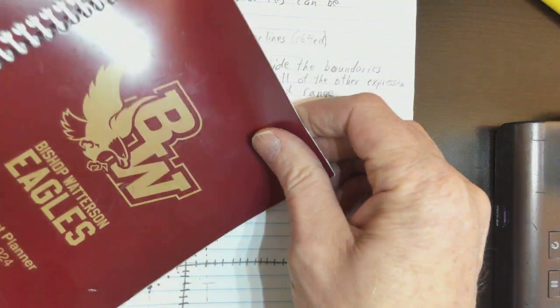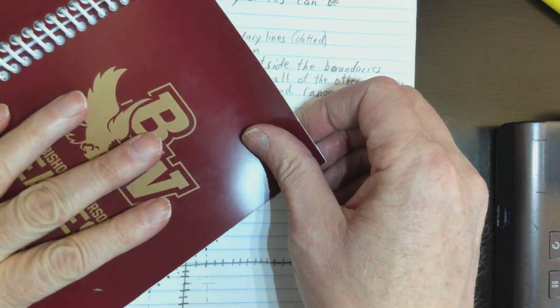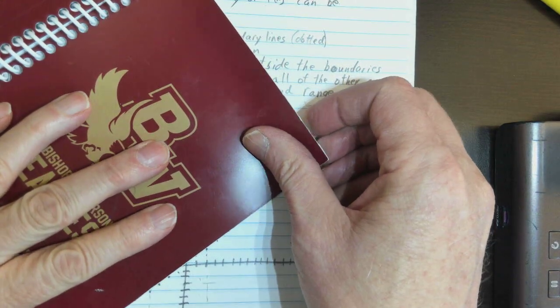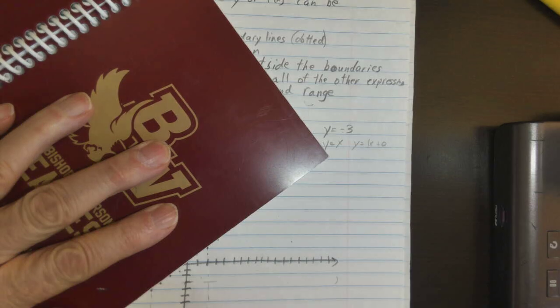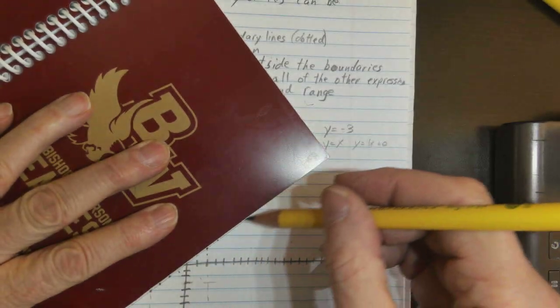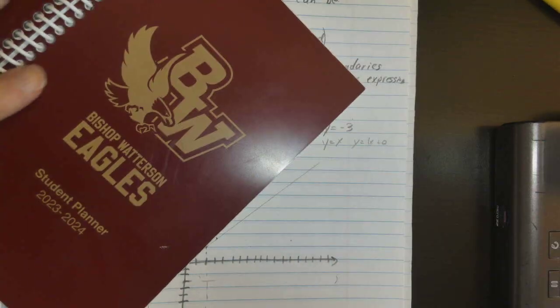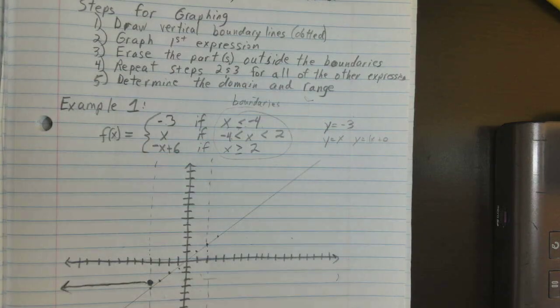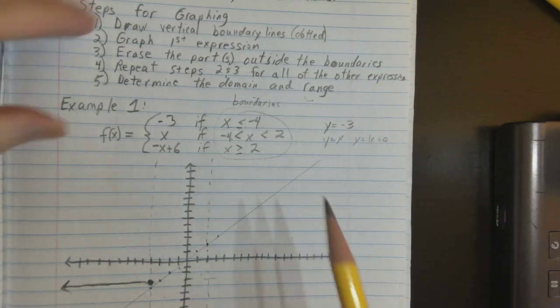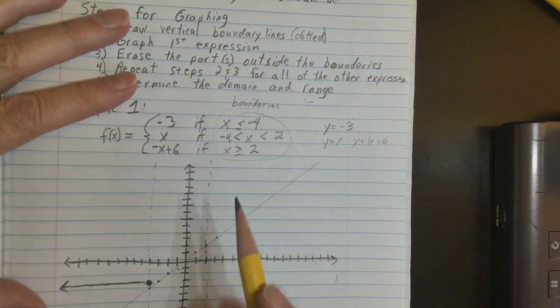Straight edge out here. Now I'm going to do this lightly again. I'm going to graph it kind of like this. And then I want to determine what part of this line we are keeping. So